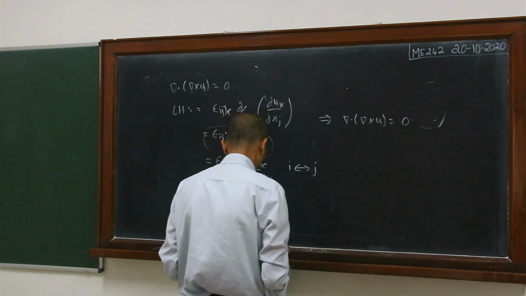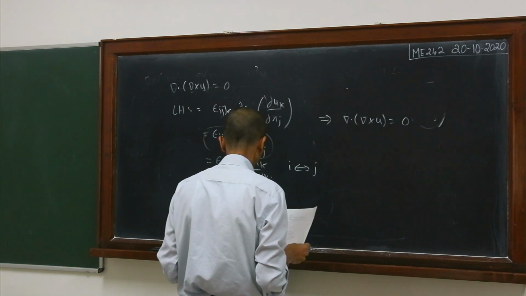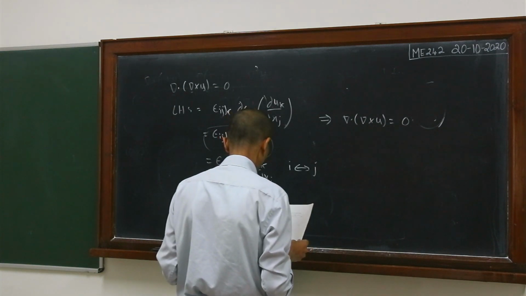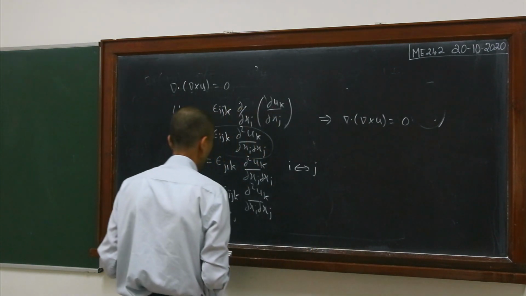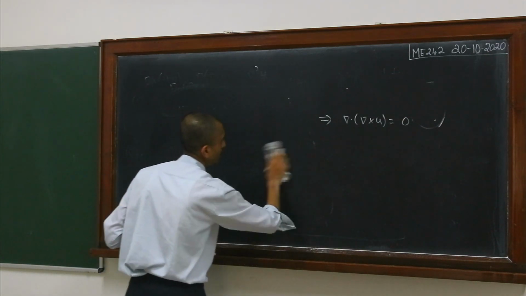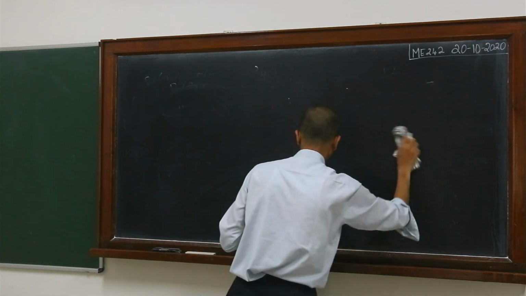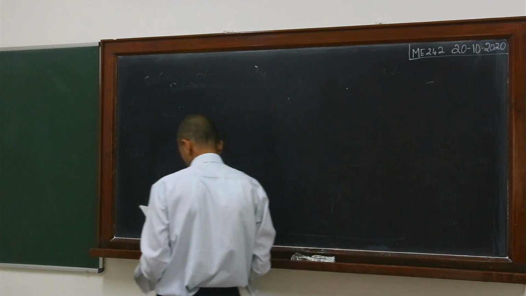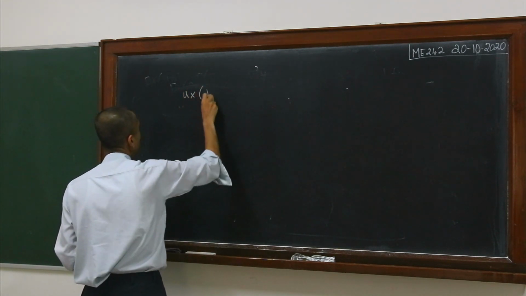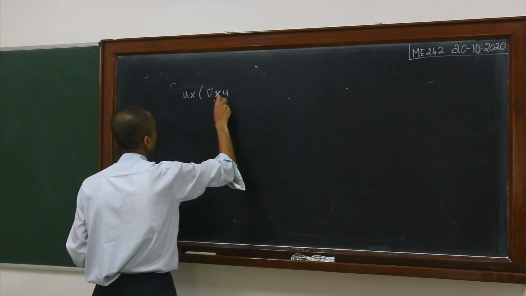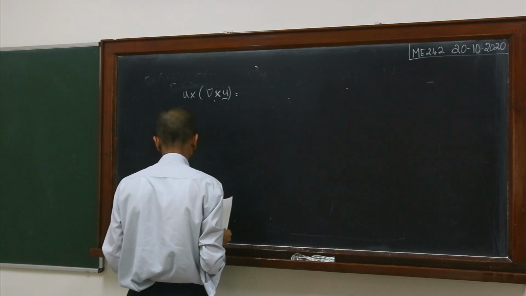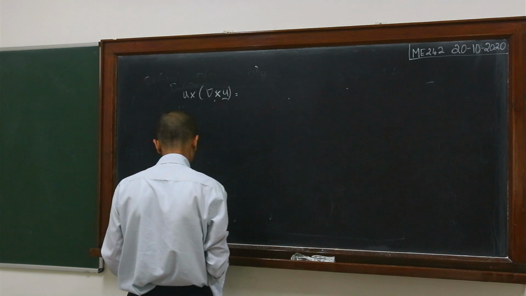So these are some of the identities which are used very widely here. Probably one last identity I will show. Let's see. Okay, so if I want to find an expression for u cross del cross u, we'll not say what it is, we'll just try to show what result we get here.